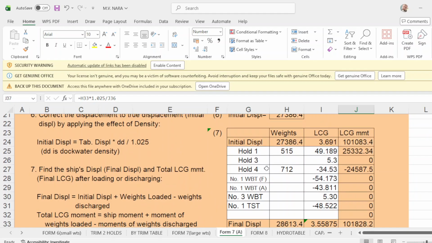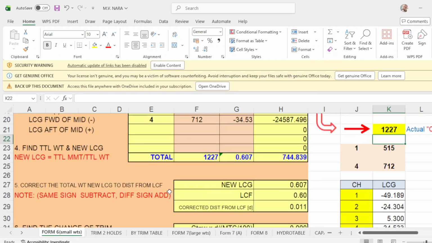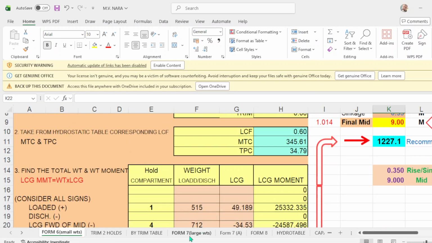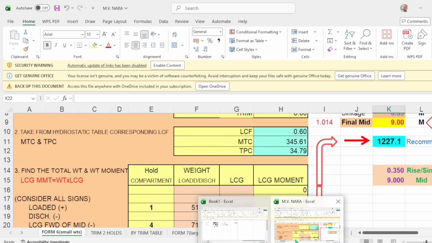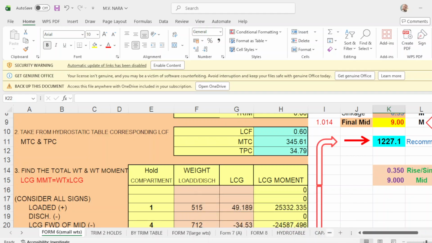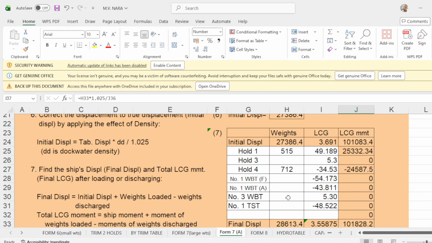Then you put your cargo in hole number 1 of 515. Number 1 is 515 and number 4 is 712. Okay, apply your LCG and your